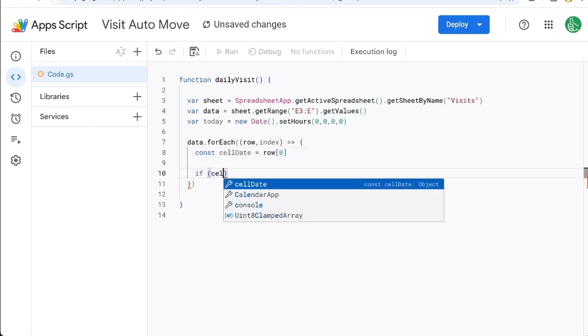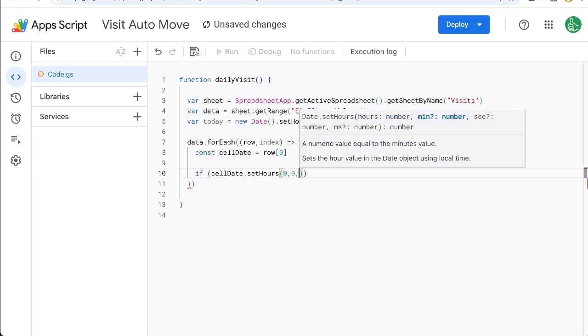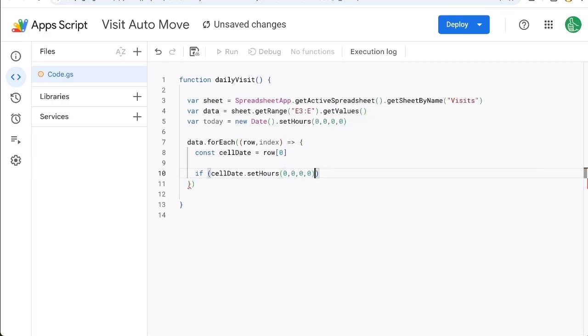And if cellDate.setHours, remember we stripped away the time information, we want to do that here as well, is equal to today. What are we going to do? Well, now we're going to do something. Basically, we're saying, hey, look at the row data 0 because we're in the E column here. And if these two things are the same, today and that cell date, let's do something,